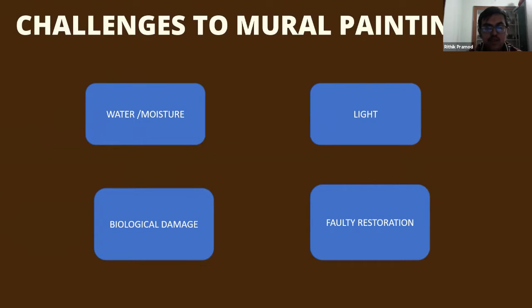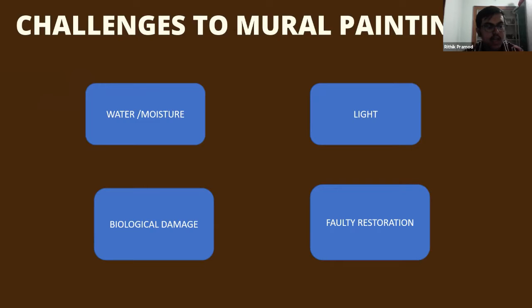The main issue with our ancient mural paintings is that, be it regional or at the national level, the artists, irrespective of their time period, always used to make them with natural resources, which had a problem because natural resources usually have a tendency to deteriorate. But due to proper conservation, we can save them, as you can see in the Ajanta murals or in the Virupaksha temple and in other parts